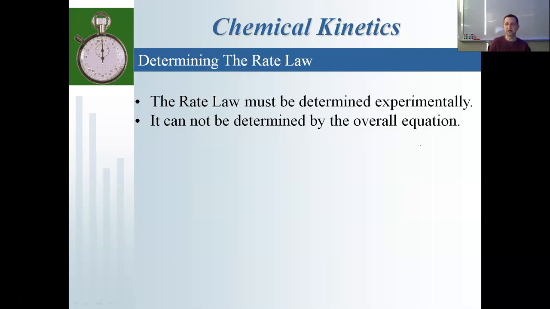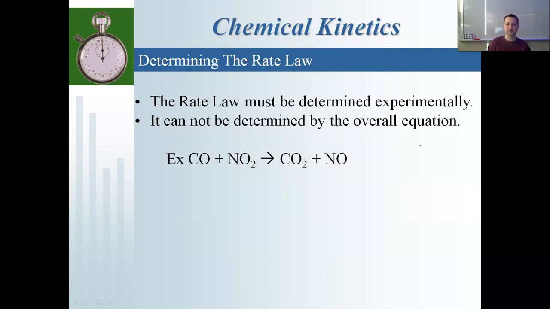We're going to do something called the iodine clock reaction, where we'll carry out a set of experiments, then we're going to determine the rate law based on the data that we collect. So it cannot be determined by the overall equation, but we can predict what it would look like from the overall equation. All right? So let's take a look at the equation we have on the screen here, which is